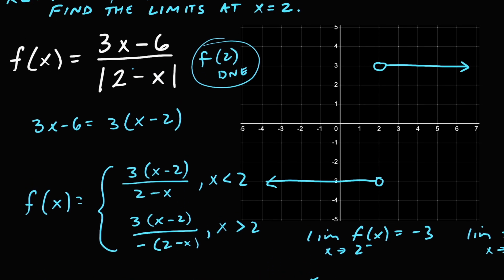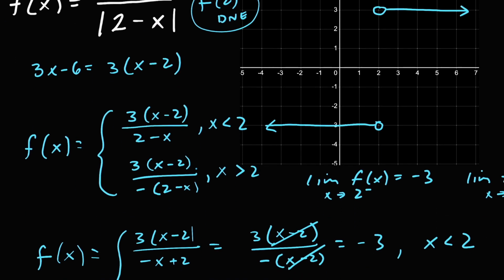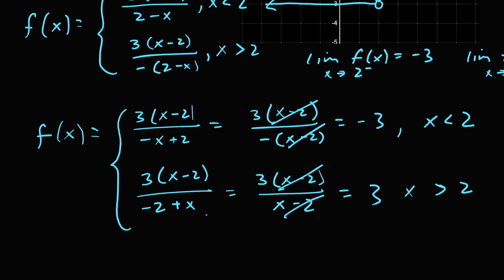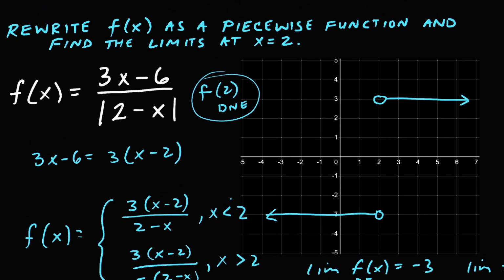So this is one of the trickier ones I can give you because we had to factor the numerator. We had to rewrite the denominator, and it was kind of written out of order for us, 2 minus x, and then we had to manipulate down there. So I hope that helps you out. You understand how to rewrite absolute value functions as piecewise functions and can determine